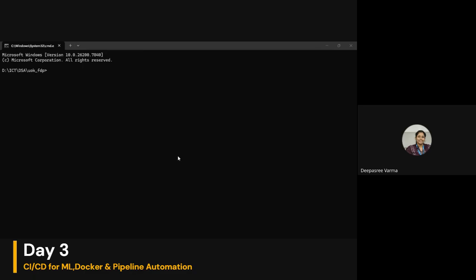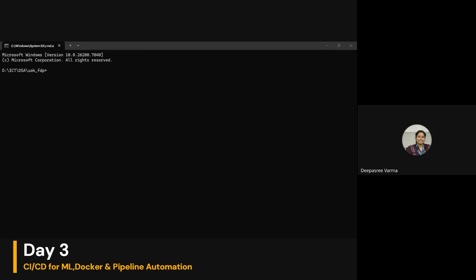From the base environment, I copied the project files. I wanted to install the libraries and start the app, so that I'm going to do inside this. If you remember, yesterday we did all these things from VS Code. Now we are going to do it inside the Docker.